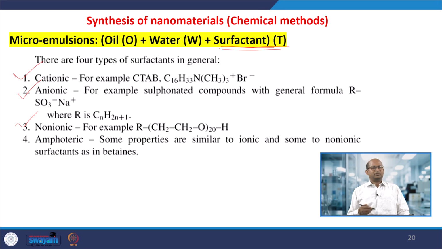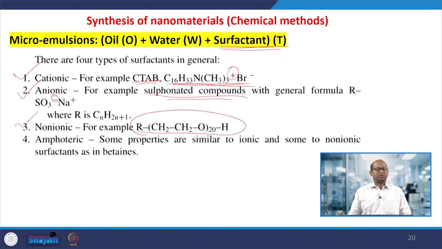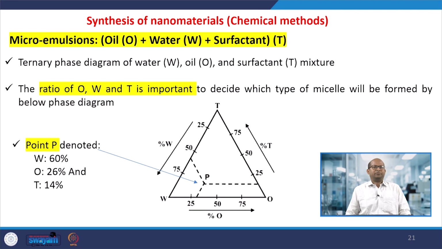Many types of new surfactants are also available. The most commonly used are CTAB compounds, which are usually used as cationic surfactants. There are also some anionic surfactants, that is, sulfonated compounds, or non-ionics, like Pluronic P123, which are alcoholic compounds. Amphoteric compounds, which also have non-ionic natures, are also used for the preparation